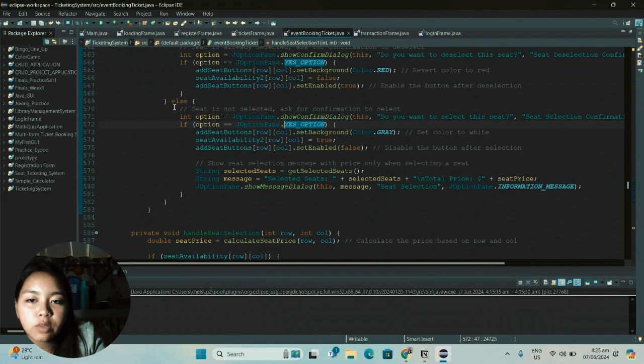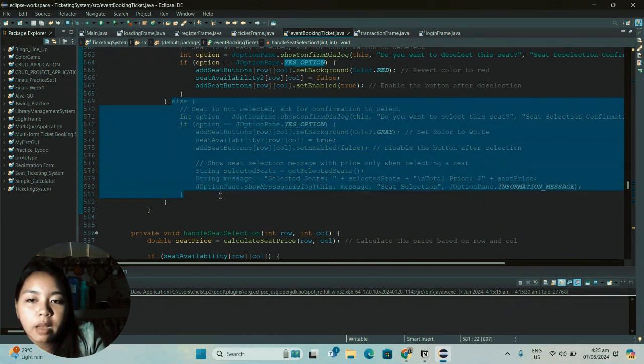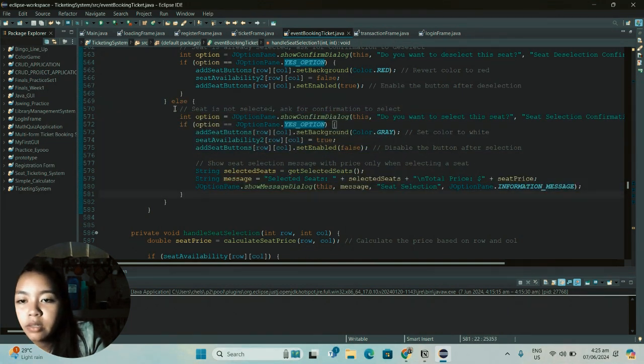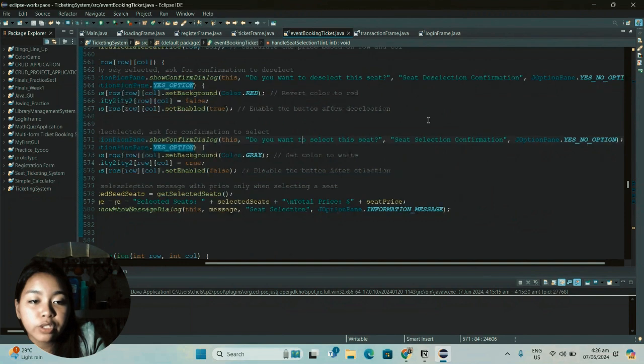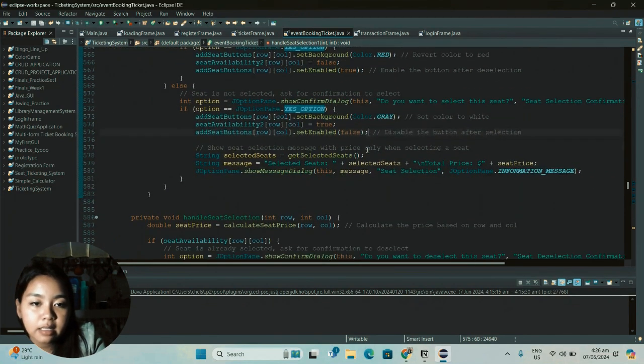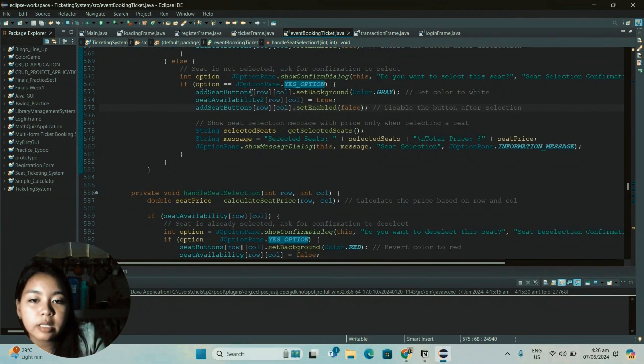Also, in the else block, if the seat is not selected, there is a JOptionPane confirmation that asks the user to select a seat. It also shows the seat selection message with the price only when selecting a seat.